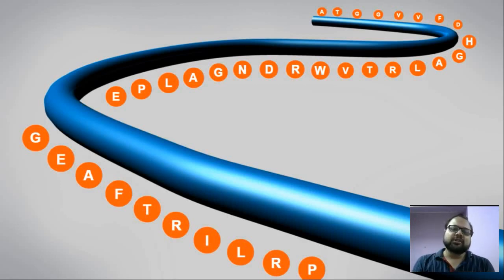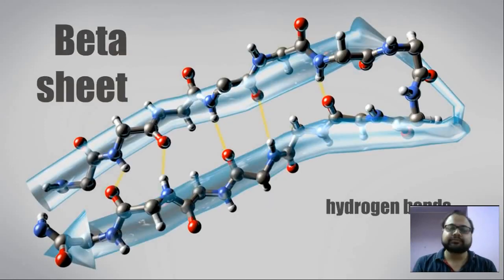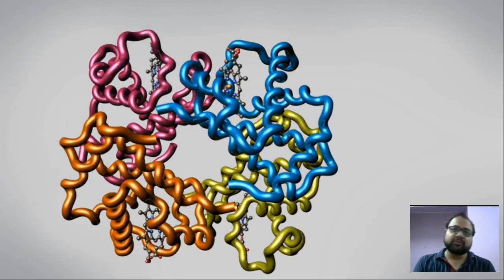When this primary structure coils itself, it forms an alpha helical structure, and the other is the beta sheet. So this is the secondary structure of the protein, which is the alpha helix as well as the beta sheet. These alpha helices and beta sheets are joined to each other by loops, and then they form the tertiary structure of the protein. And finally, this tertiary structure combines itself to form a quaternary structure. So there are basically four main structures of the protein: primary structure, secondary structure, tertiary structure, as well as quaternary structure.